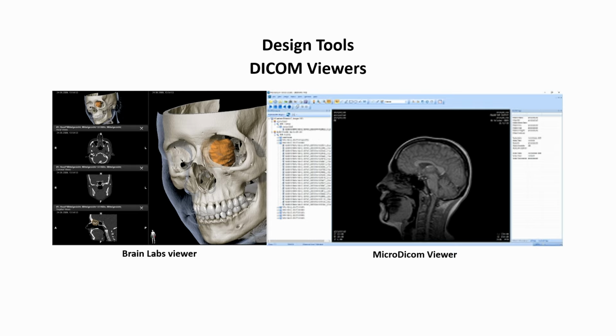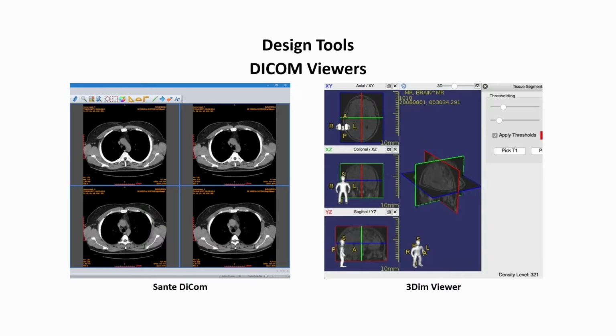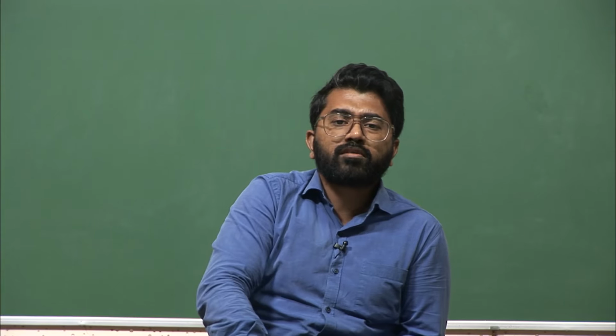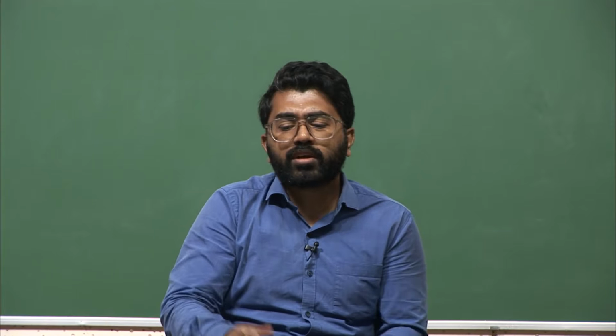And then on the right side, you are looking at an entire model of the skull, with some form of eye tumor or something there, which can be distinguished in color basically, right. So, in a DICOM viewer, you can basically move using your basic cursor of your mouse or through your keyboard